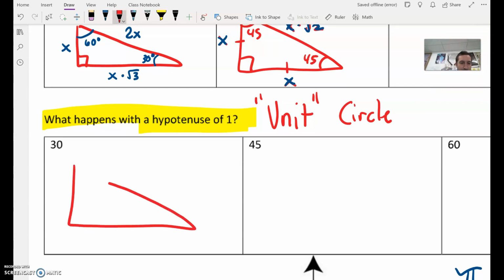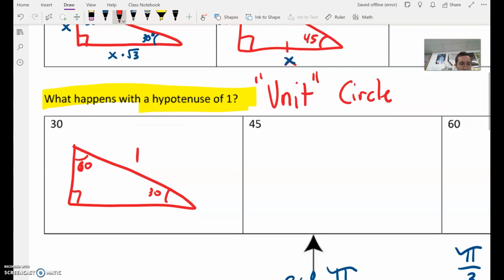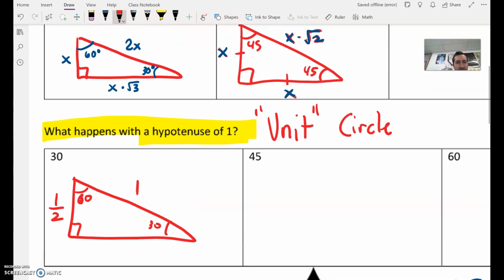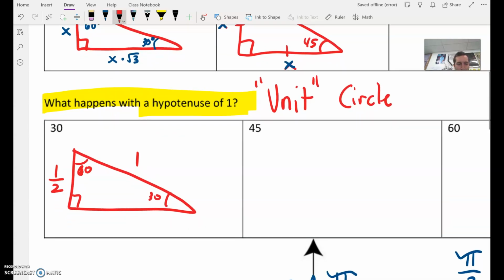If we draw our triangle, and it's a 60, 30 triangle with a hypotenuse of 1, how would I work back to the small side? If I know my hypotenuse, wouldn't I just divide by 2 to get my small side? So the small side is 1/2. And now that I know the small side is 1/2, how would I jump to the longer side? I do the small side times root 3. So what is 1/2 times root 3? That's the square root of 3 over 2. These numbers right here,